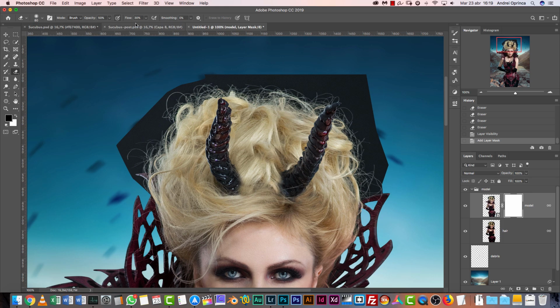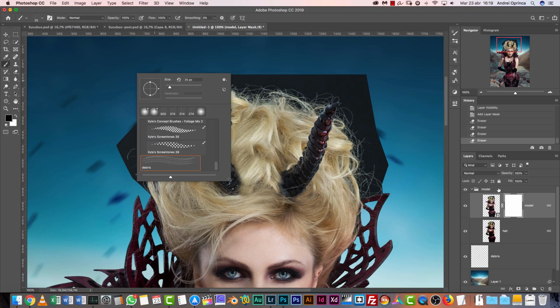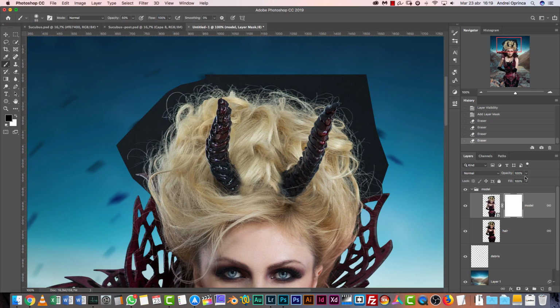I will use the same opacity and flow, 50 and 30, and paint with black over this layer mask. I have the eraser. First select the brush. I'm gonna use a normal brush, hardness 0, and opacity 50 and flow 30. If you wonder how I changed this without touching the sliders here, I'm doing it with the keyboard, just